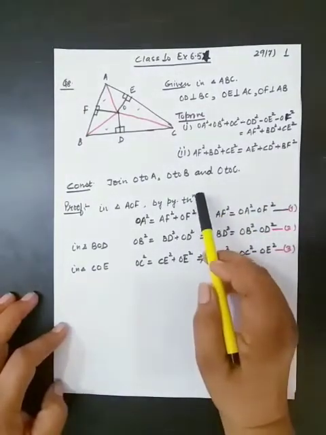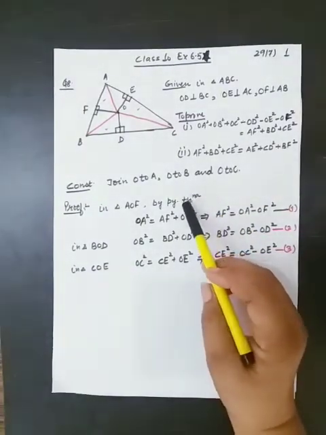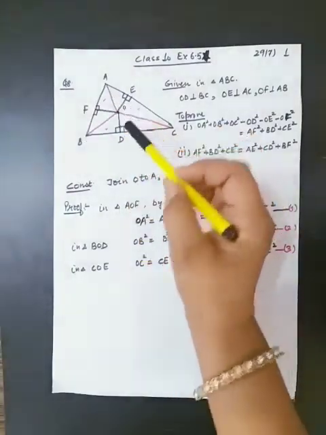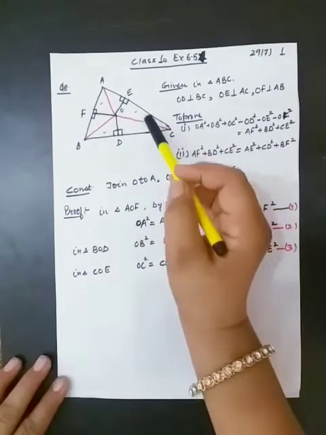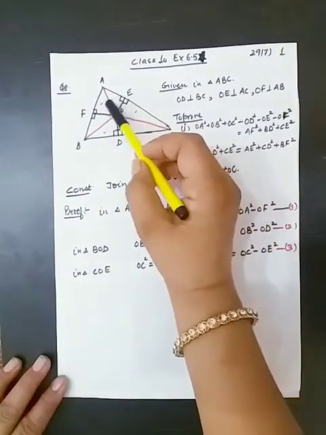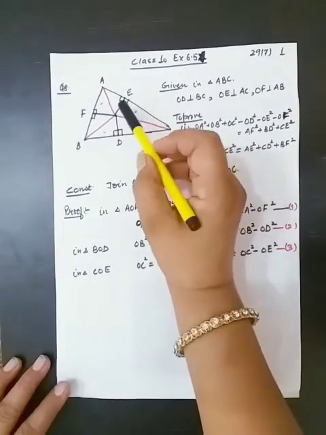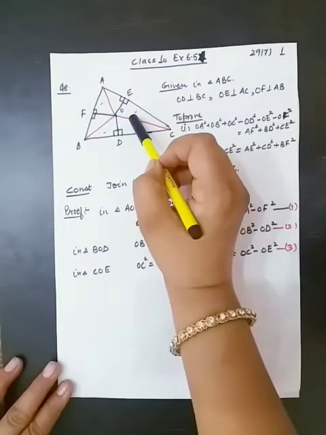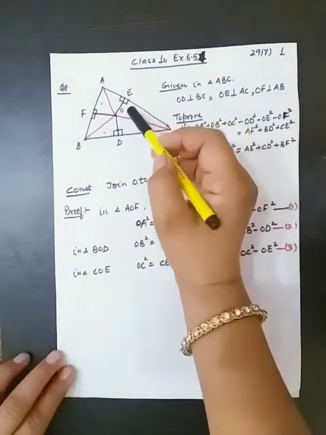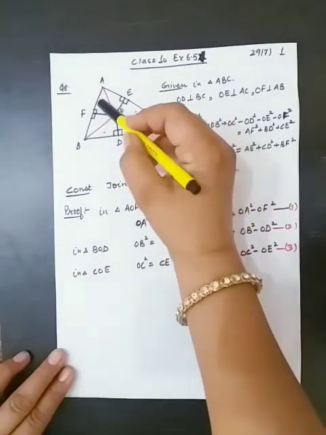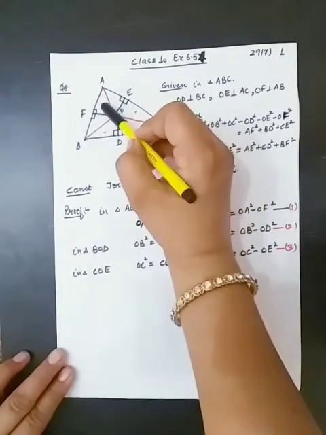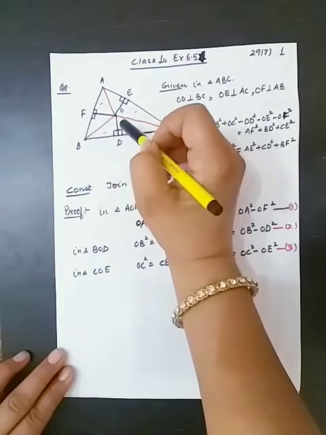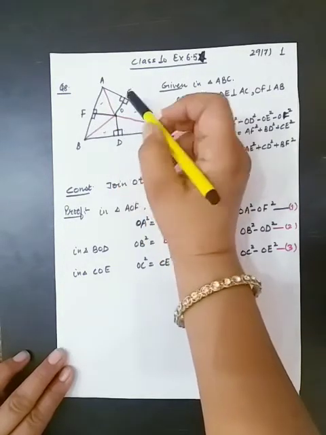So we have to make a construction for this question. Join O to A, O to B and O to C. Now in figure you see that there are 6 right angle triangles and you have to take alternate right angle triangles in this question. Listen to this point carefully, and I have marked these triangles as. First we will take this one, then leave this, come to third triangle, leave fourth one, come to fifth triangle.